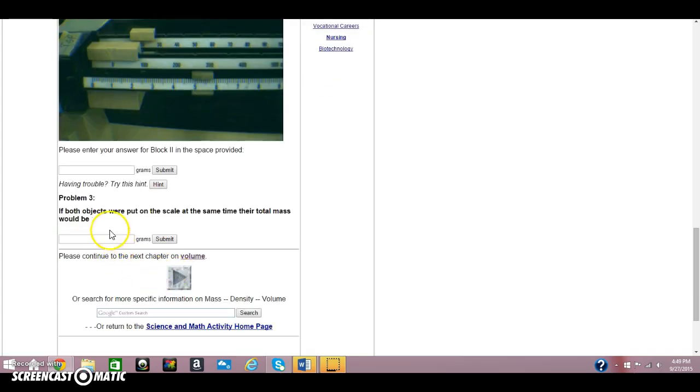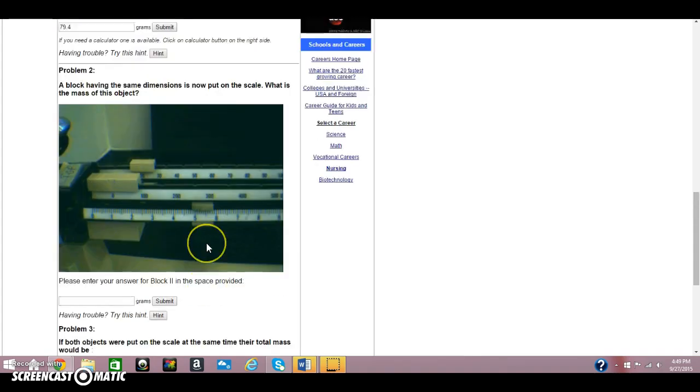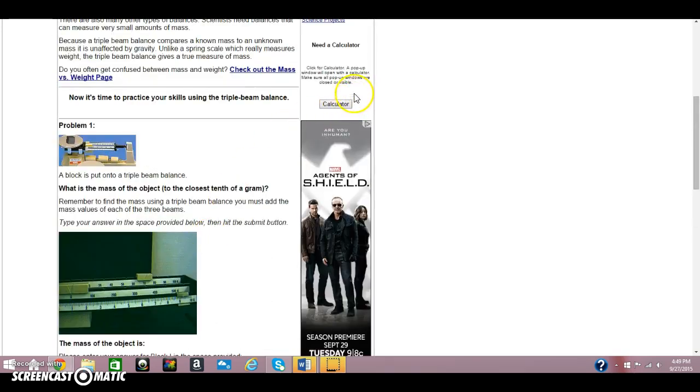And then you got problem 3. It says if both objects were put on the scale at the same time, their total mass would be, total as in, take problem 1 and problem 2 and add them together. So if you can't figure out what the addition is, don't worry. Up here it says calculator. So you